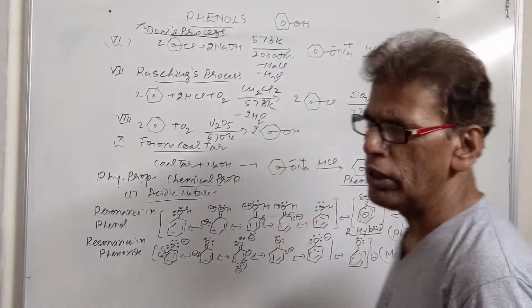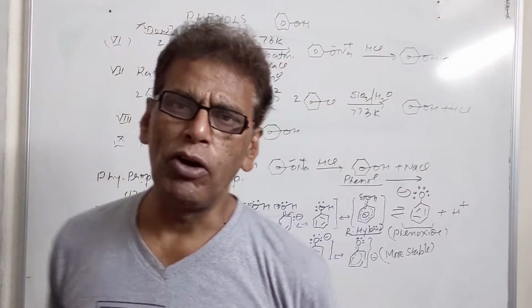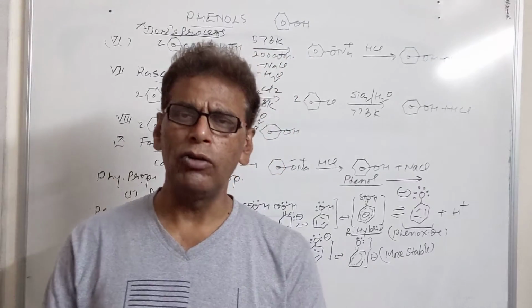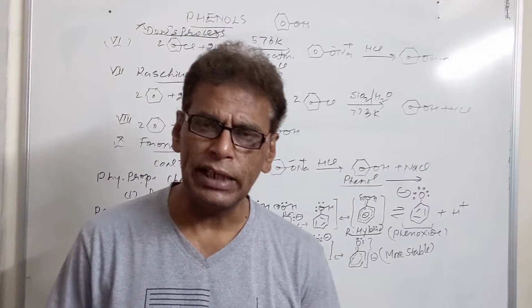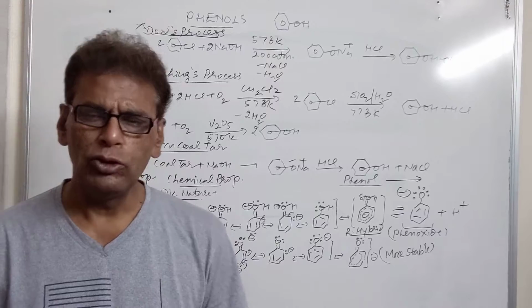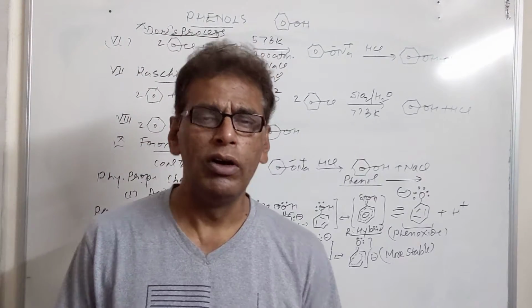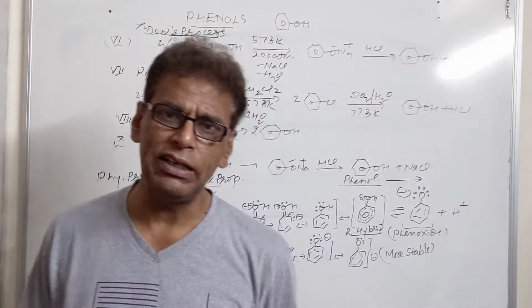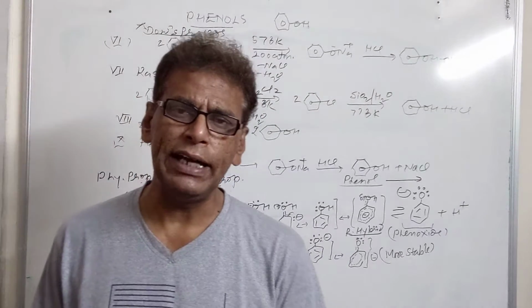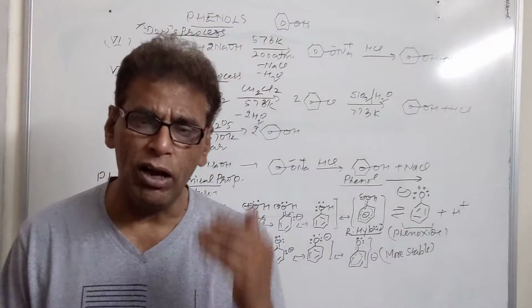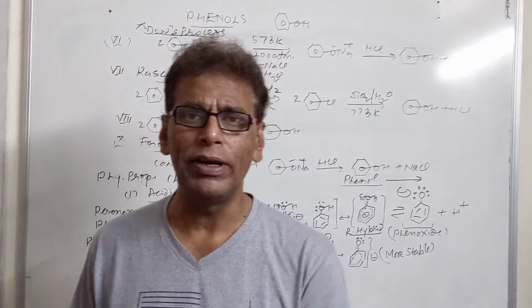It means phenols are capable of releasing protons as compared to alcohols, where neither alcohol nor alkoxide ion is capable of showing resonance. So this question is often asked: why are alcohols weaker acids than phenol, or why are phenols stronger acids than alcohol? The reason for that is neither alcohol nor the alkoxide ion formed after loss of proton is capable of showing resonance.